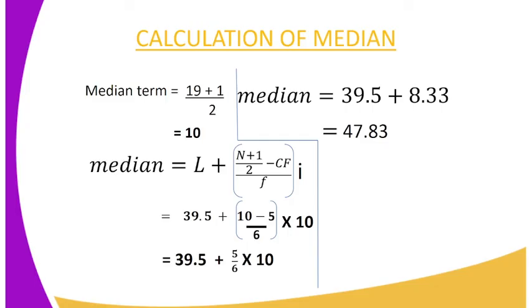And therefore, after you calculate the value here, 5, you divide by 6, you multiply by 10, you will get 8.33. Then finally you take that value, you add it to 39.5, as you can see, and the median becomes